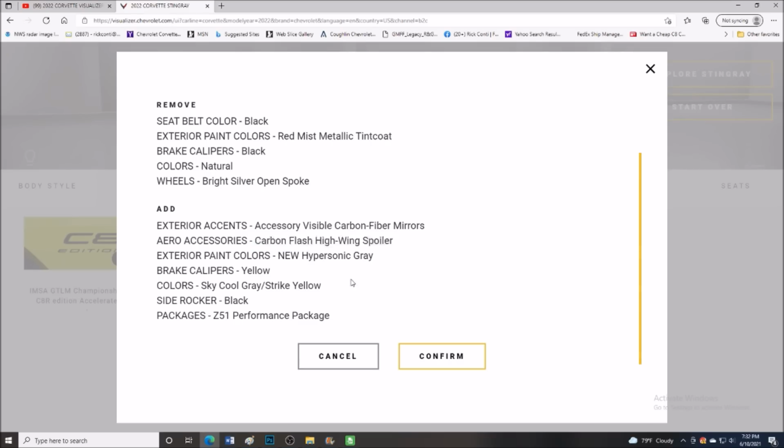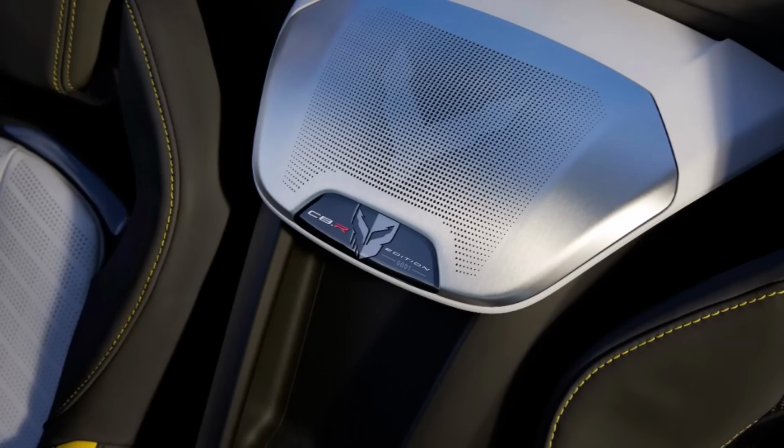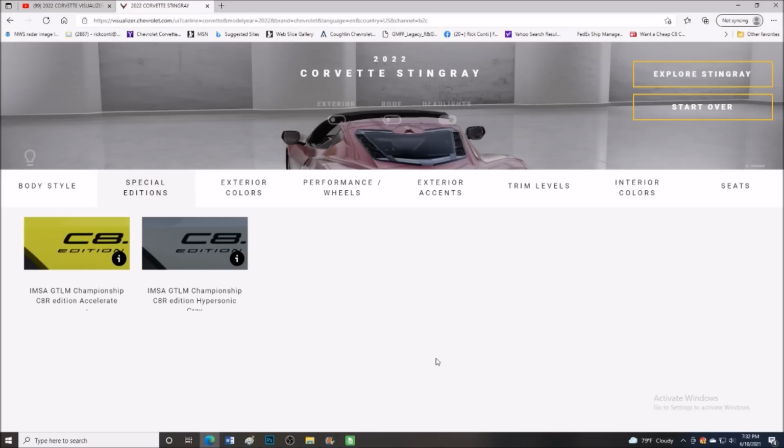You get the high wing spoiler, we're picking the gray, yellow calipers, there's the strike yellow with the sky cool gray, side rocker extension Z51, but down in the press release, it talks about black Trident wheels. So, do those wheels come in the package, or do you have flexibility to pick your own wheel? I suspect that you'll be able to pick your own wheel. So we'll confirm that package,